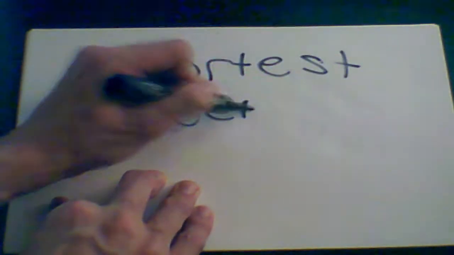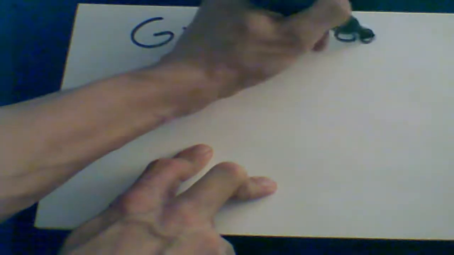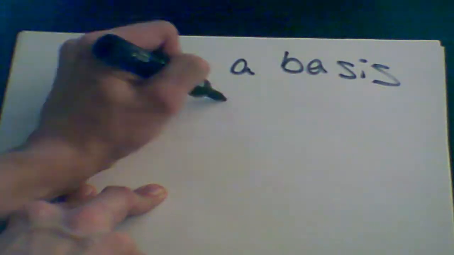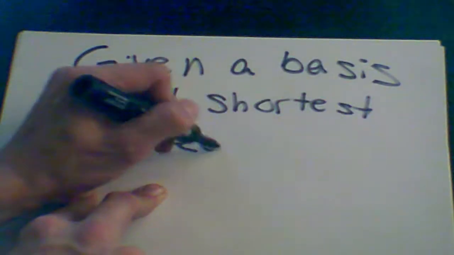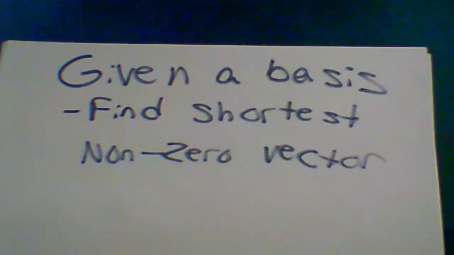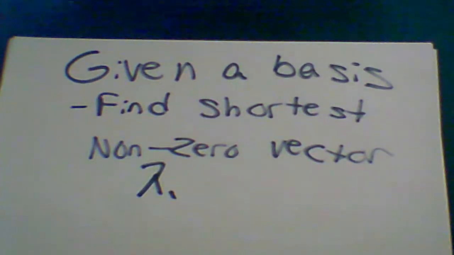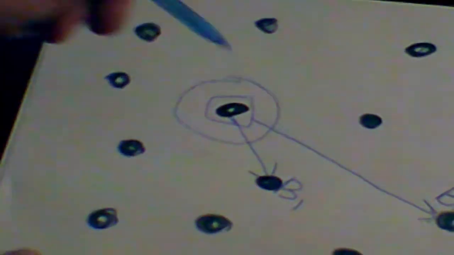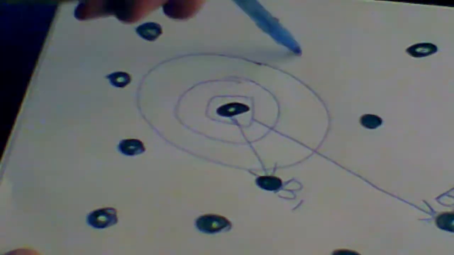The first problem that is typically examined when taking a look at lattices is the shortest vector problem. Given a basis, the algorithm must find the shortest non-zero vector in that lattice. Pictorially speaking, solving this problem is very easy. Simply draw a larger and larger circle from the origin until you intersect with the first non-zero vector in the lattice. This vector must then be the shortest in the lattice because it is the vector closest to